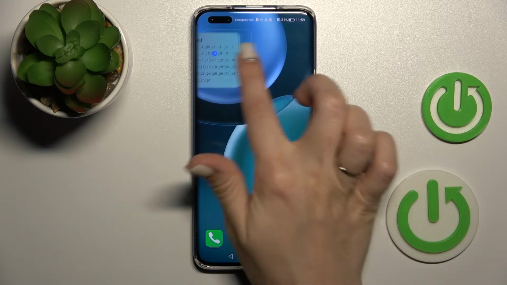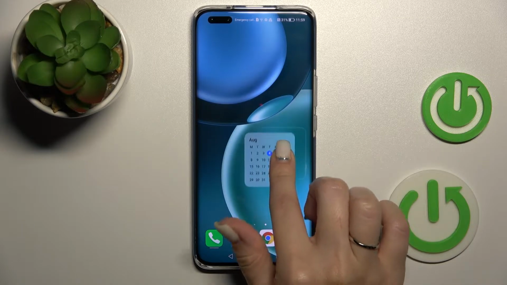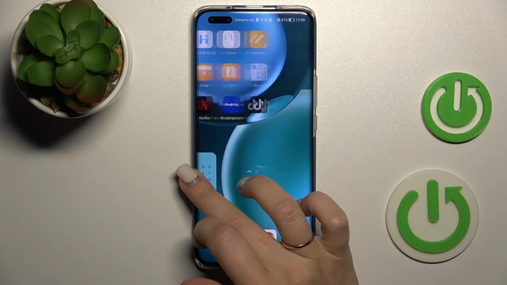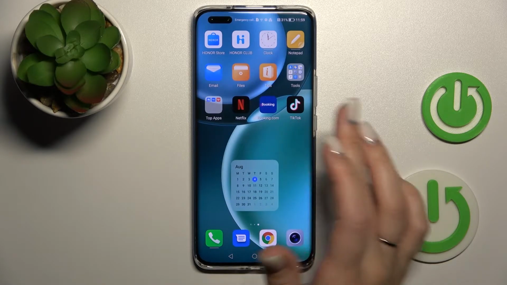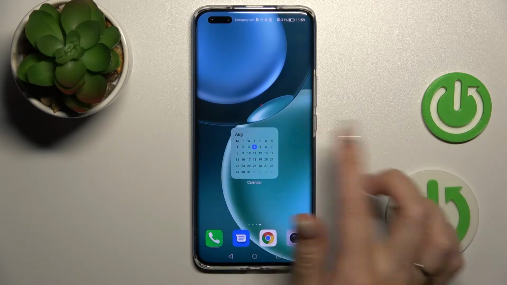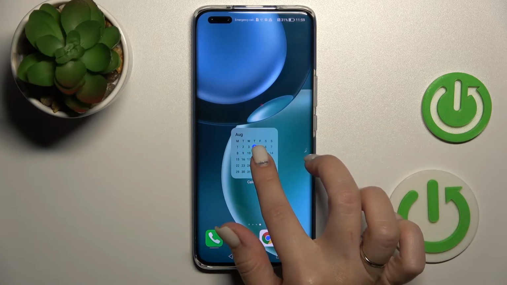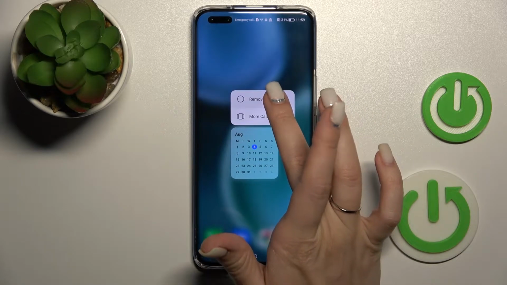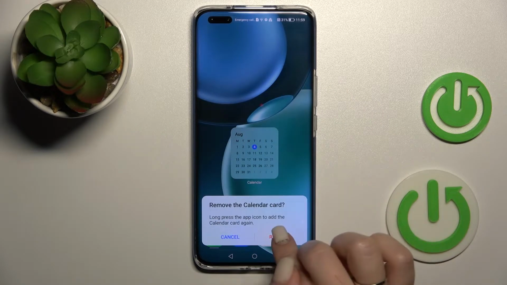I'll show you how to move this widget here on the screen. Just to do that, hold and drag it by this way. Just hold and drag to the left side if you want to move widgets between the screens, and if you want to create the new screen, just turn it back by this way. If you want to move or remove the widget, hold the card, hold and drag it here to remove icon,